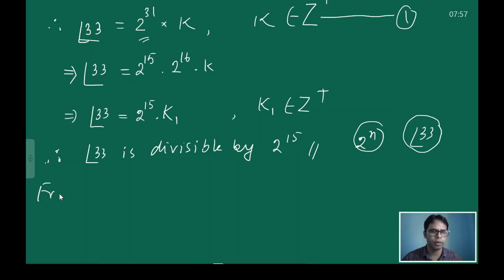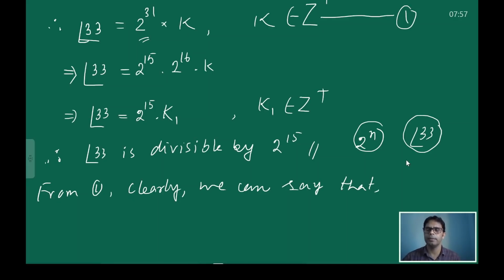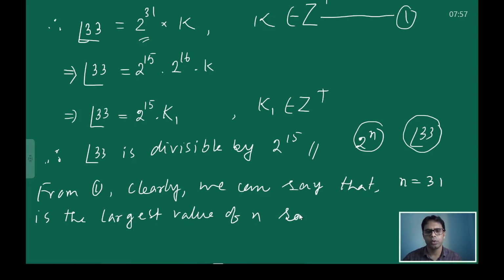So from 1, you write, from 1 clearly we can say that n is equal to 31 is the greatest, or largest, value of n so that factorial 33 is divisible by